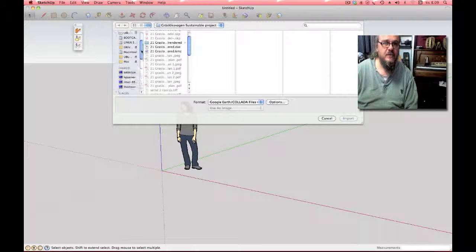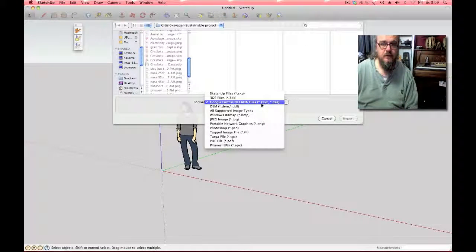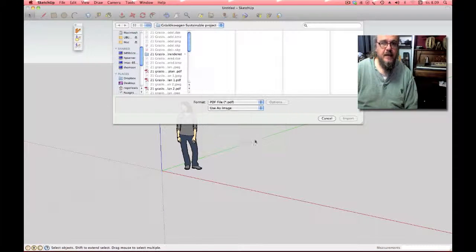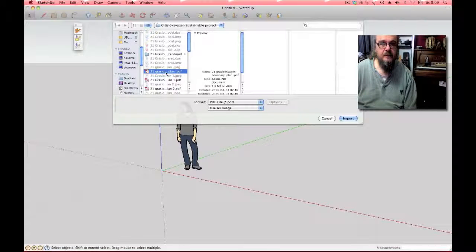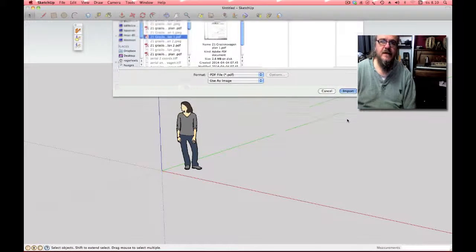This folder is a sustainable project here, and we want to look for PDF. It'll do JPEGs or PDFs. That's the site plan. That's the house plan. So if you then say import,